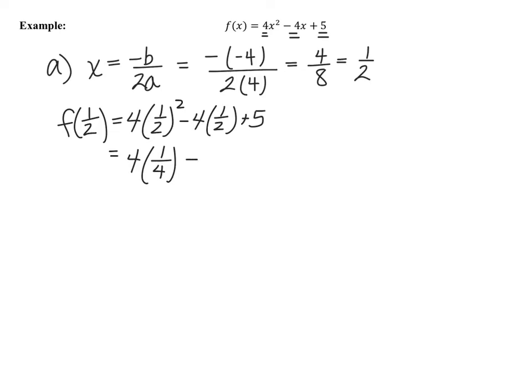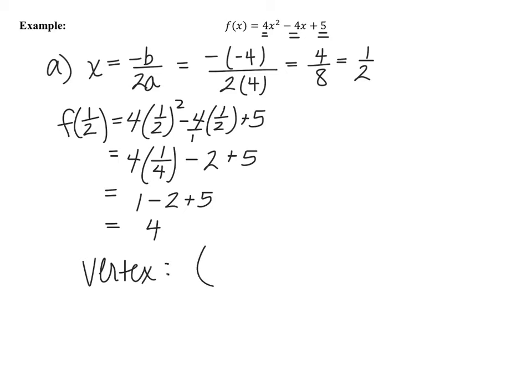Then remember, 4 times 1/2, this is really 4 over 1 times 1 over 2. So this is 4 over 2, which would be 2. 4 times 1/2 is 2, plus 5. And then 4 times 1/4 is just 1. So we end up with 1 minus 2 plus 5, which will be -1 plus 5, which will give us 4. So this tells us that the vertex of our quadratic function, which is going to be a parabola shape,